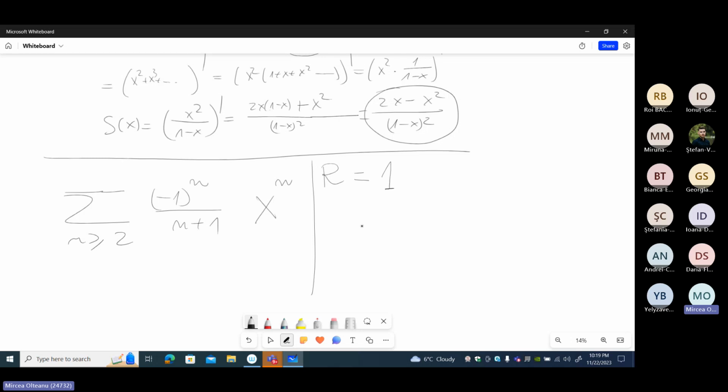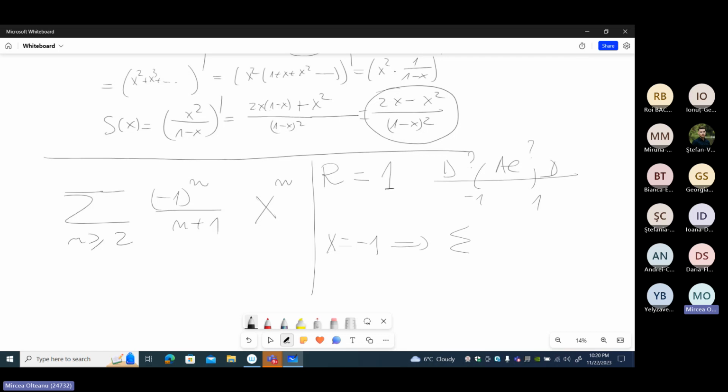So the radius of convergence is 1. So what the result says, on the open interval (-1, 1), it is absolutely convergent. Outside it is divergent. We don't know what happens at -1 and 1. We need to compute. So when x equals -1,